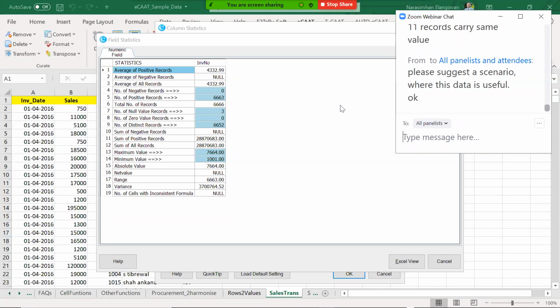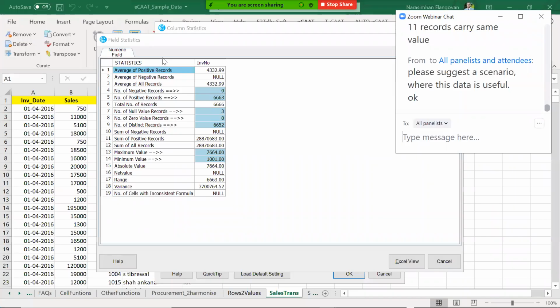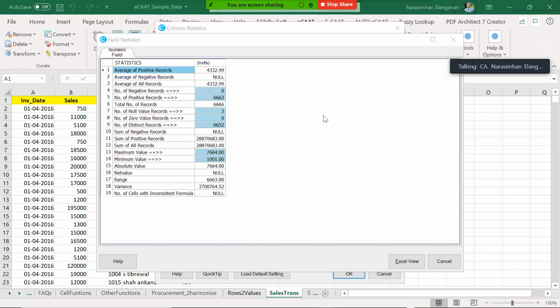The moment you have formatted and got the data into shape, do not blindly start applying a pivot. What we have to focus on, my dear friends, is: can I understand this data at a bird's eye view level, at probably 35,000 feet level? Can I get an overall idea about the data? That is where column statistics is very, very handy.